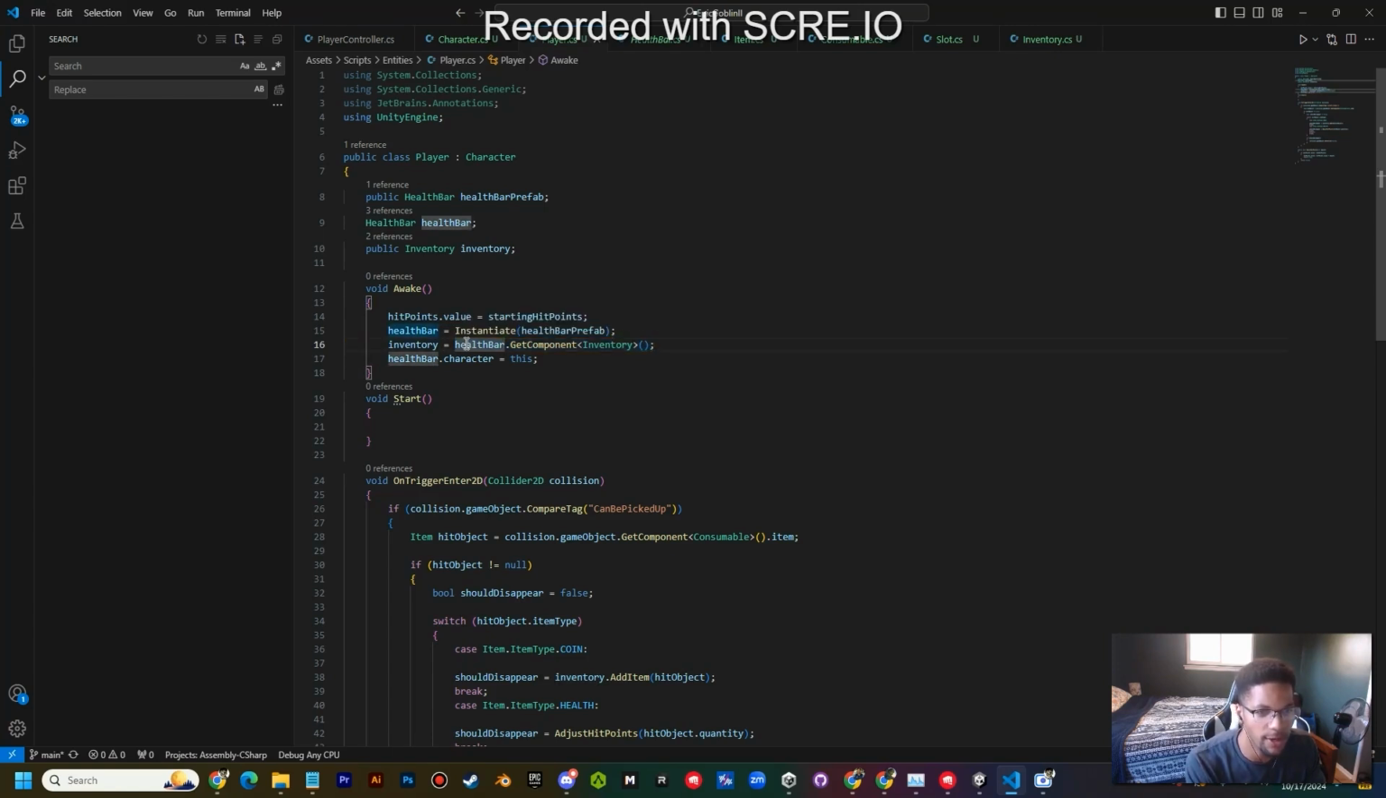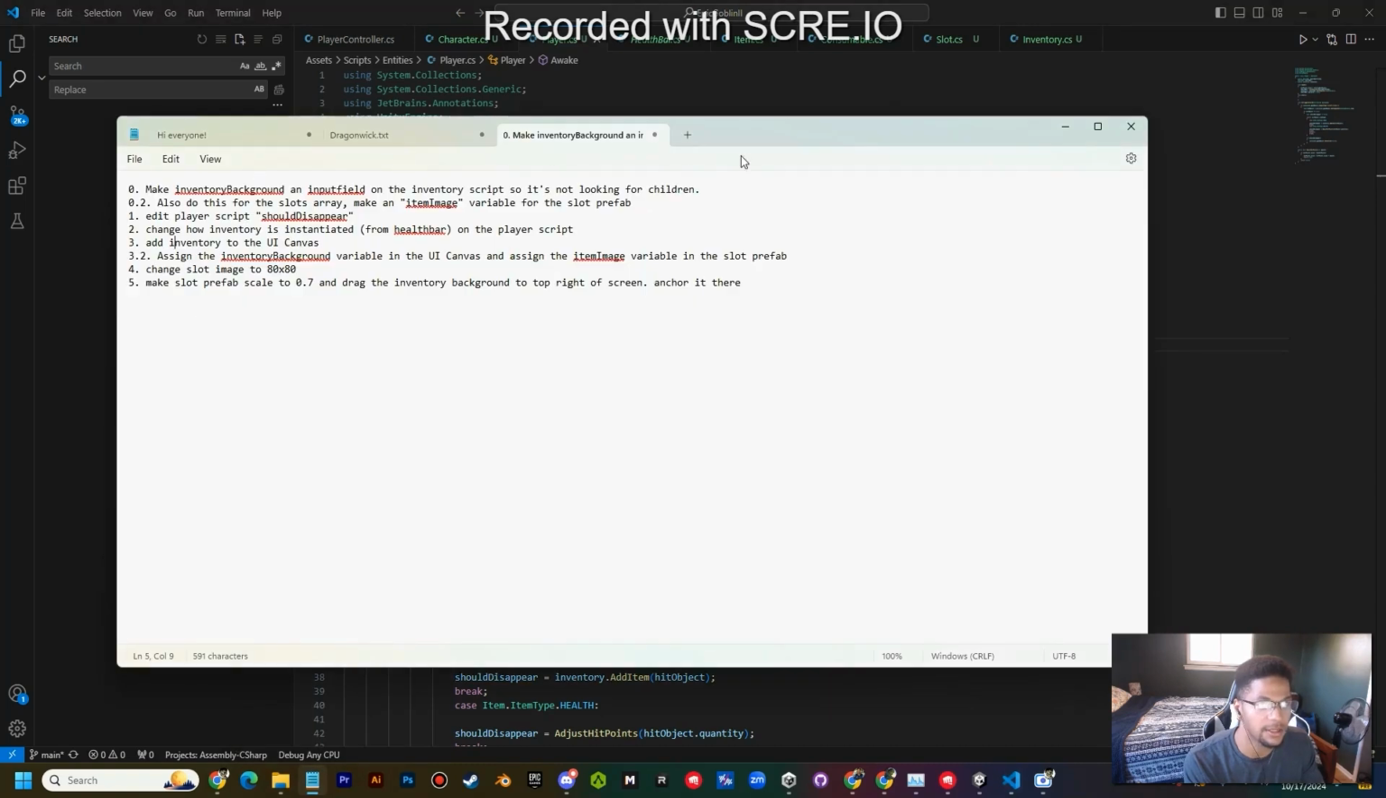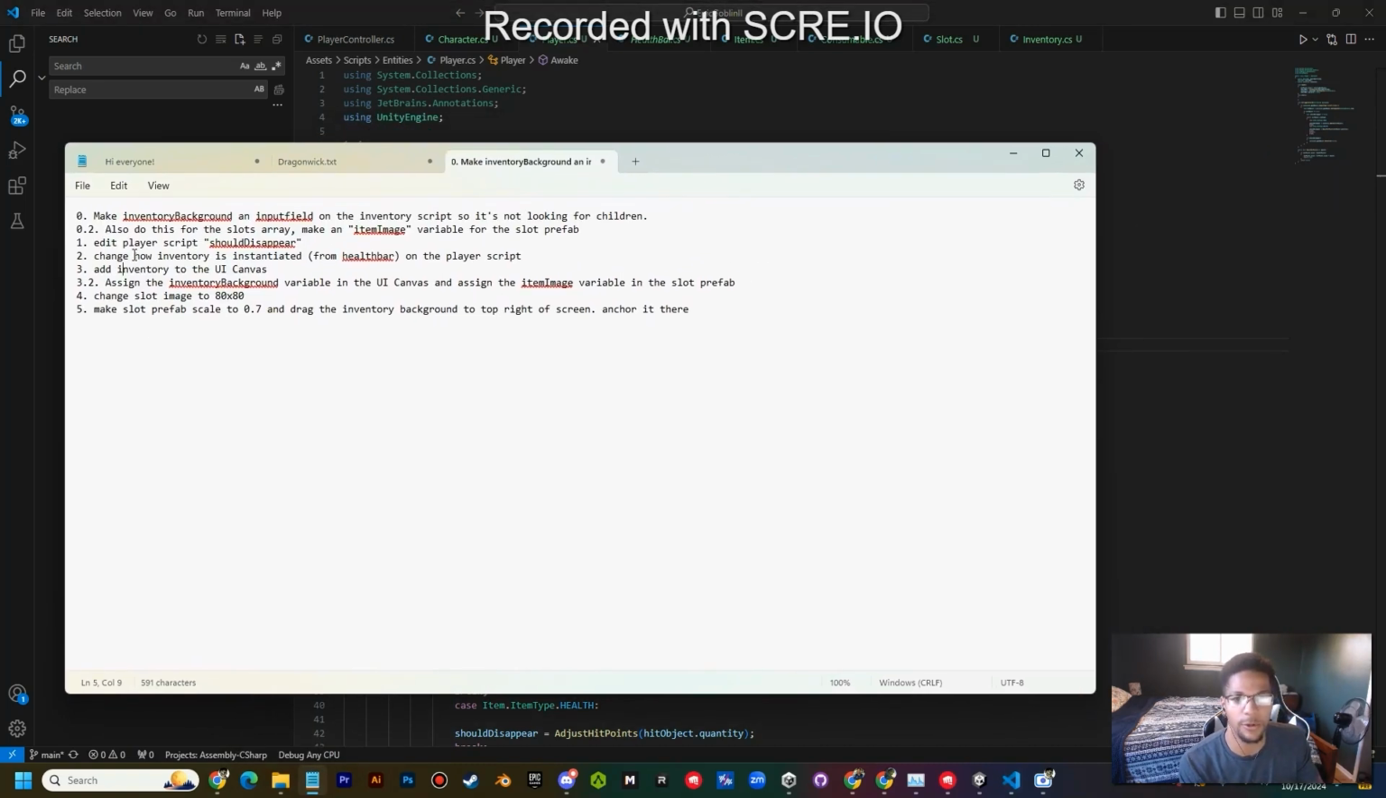And you have to remember, we don't actually want to get the prefab. We want to get the canvas that's actually in the scene. So we get the health bar instead of the health bar prefab. And then this should be all good to go. And I actually made a list of everything that I did because I'm not following the book anymore, but